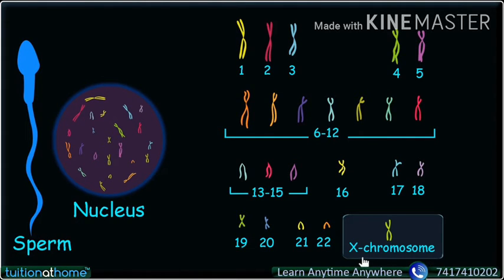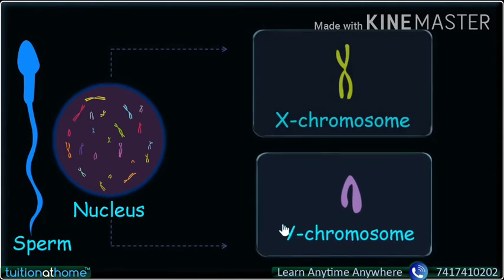Autosomes are found in somatic cells and do not determine the sex. They determine only the somatic characters, meaning physical body characters. These are designated by capital A. Sex chromosomes are found in sex cells and are responsible for the determination of sex. There are two types of chromosomes, X and Y. Though we call them X chromosomes, they are of two types, X and Y.